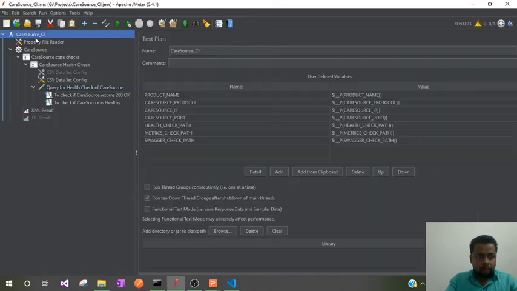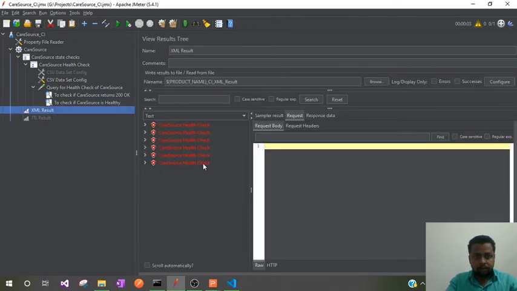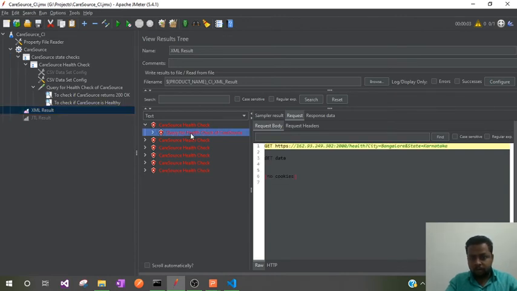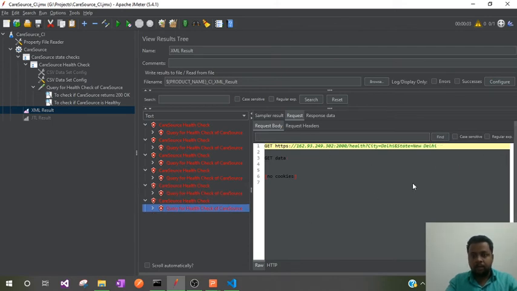Okay. So let me just clear the previous data and run the test suite and show you if it fetches all the data, of city and state. Okay, just click on first request. As you can see, the first request has been executed for city Bangalore and the corresponding state Karnataka, and the second request has been executed for city Hyderabad and corresponding state Telangana. Similar way, it has been executed for all the six values. Okay, all the six rows. So this way we can read the data from CSV file.